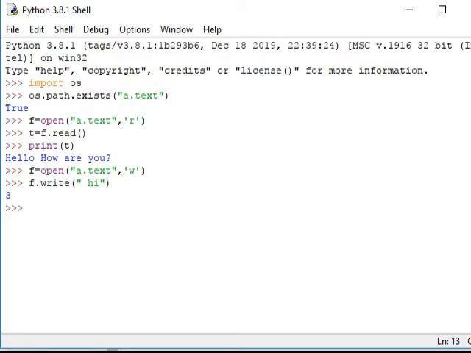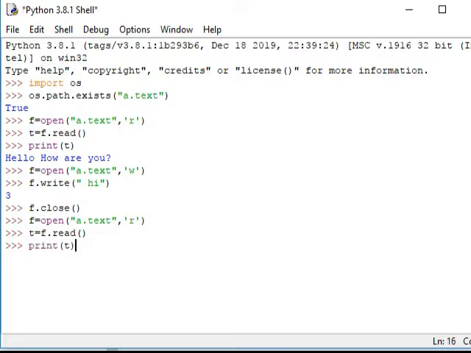Now let us close that file. Close. It is an interactive mode, it will give you line by line comments. Now again we want to read that, so I'll open in read mode. Here I will change this to read mode. Again I will run the same command. I will make T the identifier to save the content. Now I need to print the value. So it says nothing. My old contents vanished, whatever I wrote before has vanished.